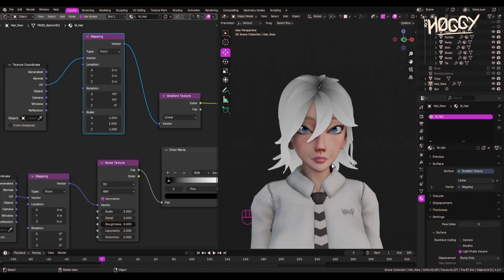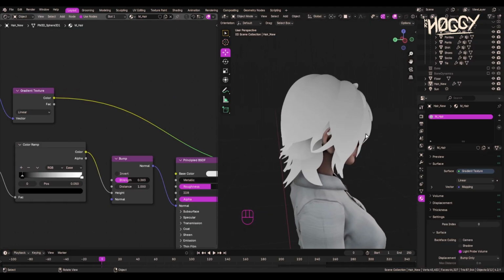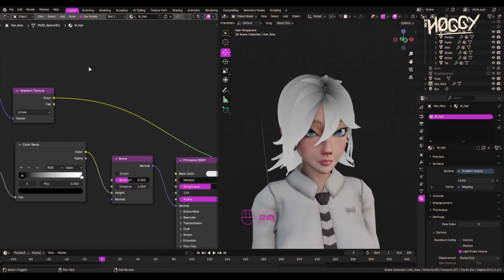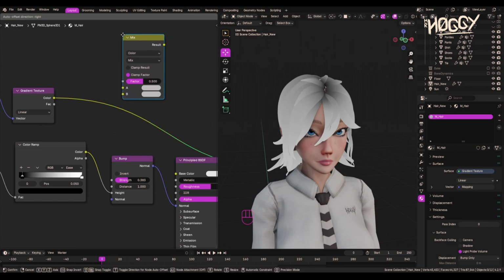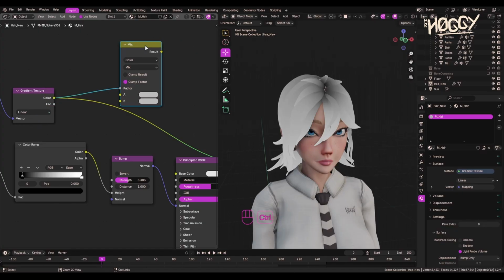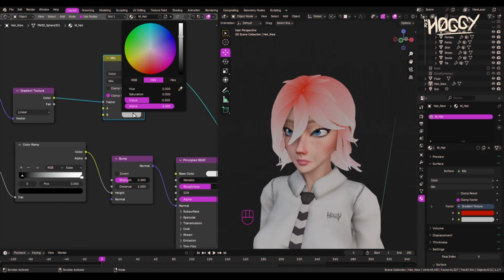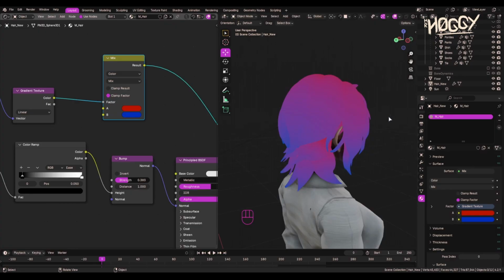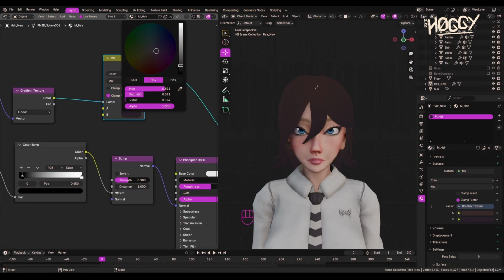And there we go, we got our gradient going here. So now I'm taking the data from this gradient that we have here, and I'll be making a mix node. So I'll type in mix and get a mix color. The color from our gradient texture will become the factor of our mix. So if we look at it here, when I change color A, it becomes the color of our root. And when I change color B, it becomes the color of our tip. So now I'll be making it a dark brown,